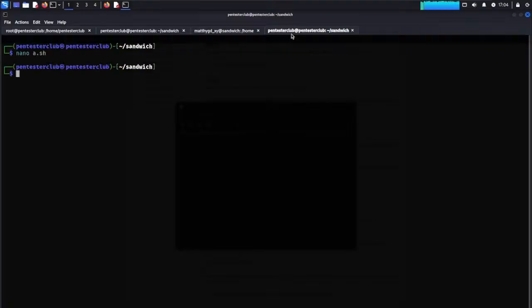Then let's go BEGIN, print a plus b. That's it. Control O, control X. Now we put bash a.sh 12